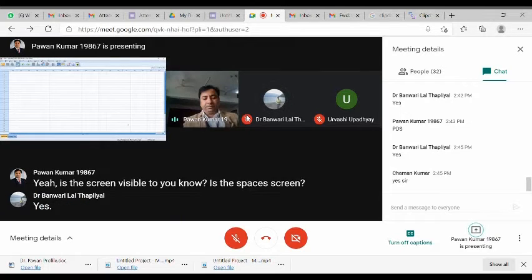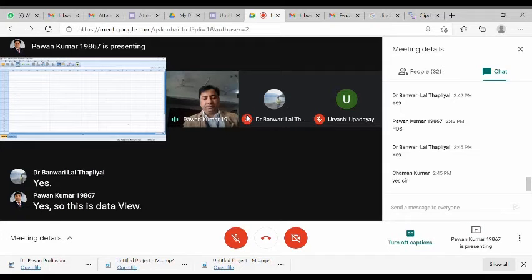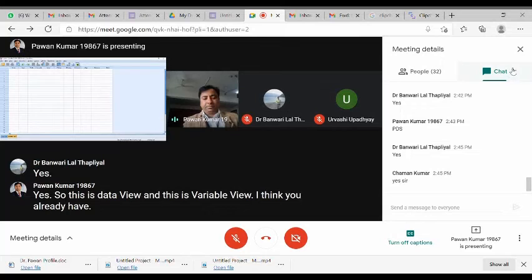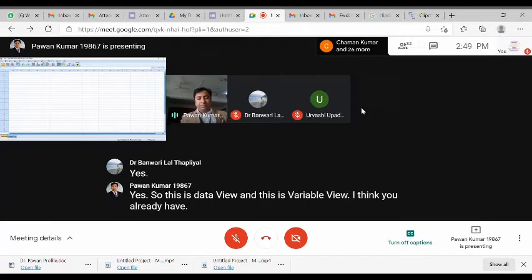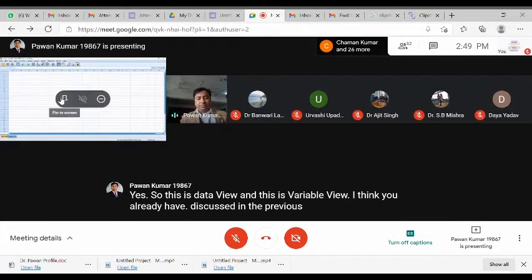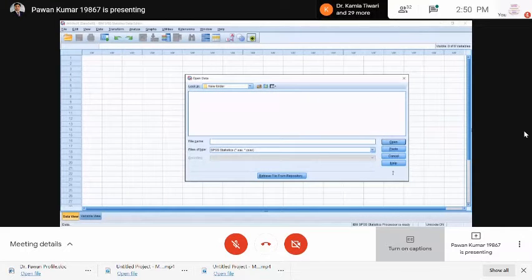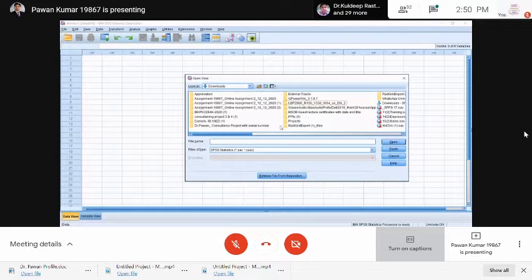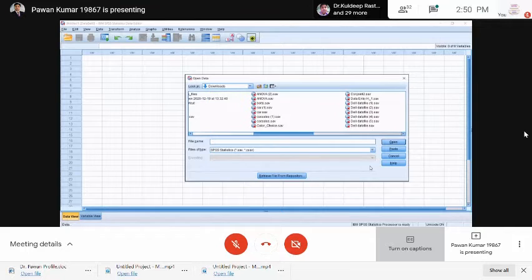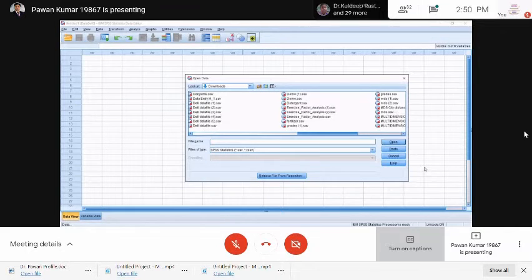Yes. So this is data view, and this is variable view. I think you have already discussed this in the previous sessions also. You can keep the files on your desktop, wherever you would like to keep them. I have certain files in the downloads folder. Here I'll be taking the file called SBI.